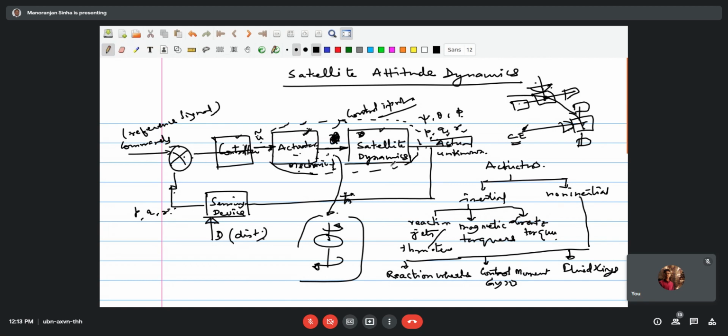Quite often in the earlier days, it was required that the satellite be actuated, but more often it was desired that the satellite be pointing initially in a particular direction. So say this is a satellite, and here is a transponder, and the center of the Earth is lying here, and this satellite is rotating this way, anti-clockwise. You know that in this case H will be in this direction, the angular momentum.